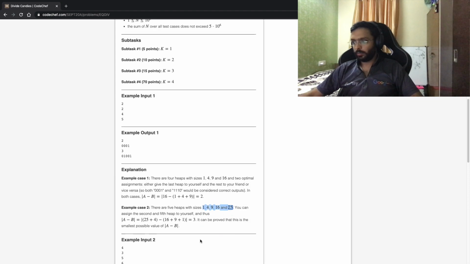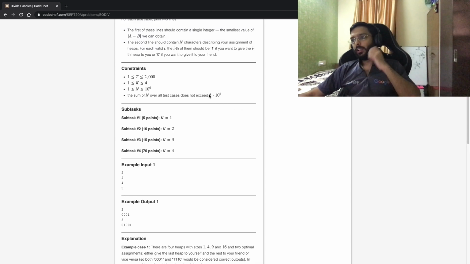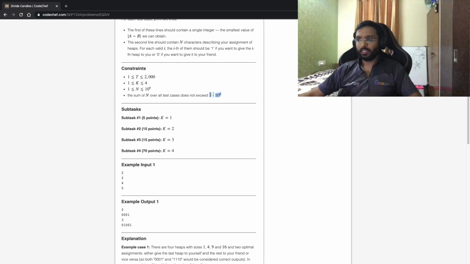So either k equals 1, meaning the candies in each heap are 1, 2, 3, 4, and so on, for squares it is 1, 4, 9, 16, and so on. Similarly, there will be cubes and raised to power 4. The sum of n is 5 into 10 to the 6, so we might be looking for a linear solution in n, definitely not more than that.